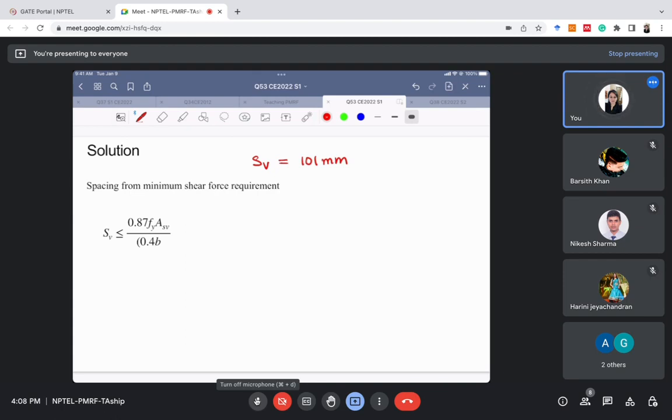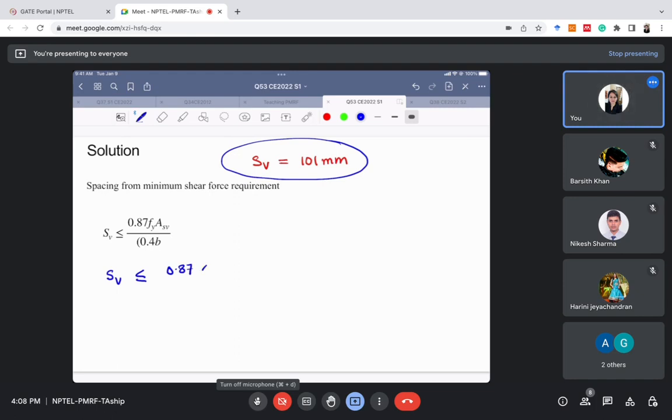So if the value of SV we got is less than the minimum shear force requirement, then we have to give the minimum shear force requirement. Although in this case it is not, let us still check whether it is satisfying the minimum shear force requirement or not. According to the codal guidelines, SV should be less than